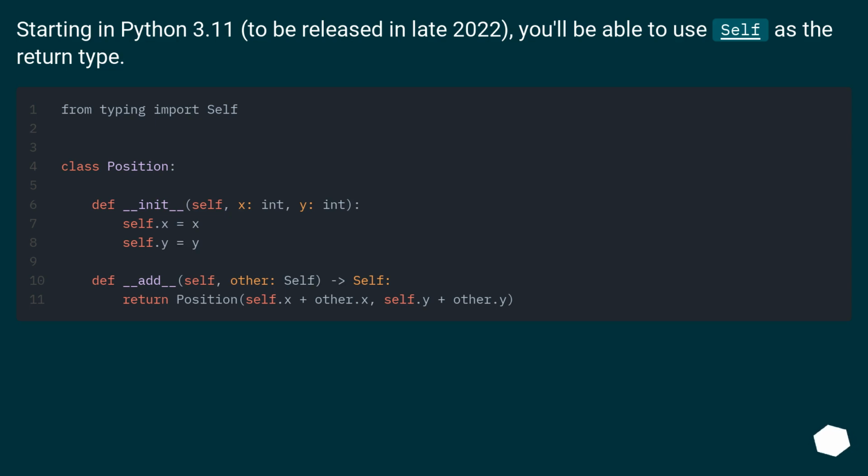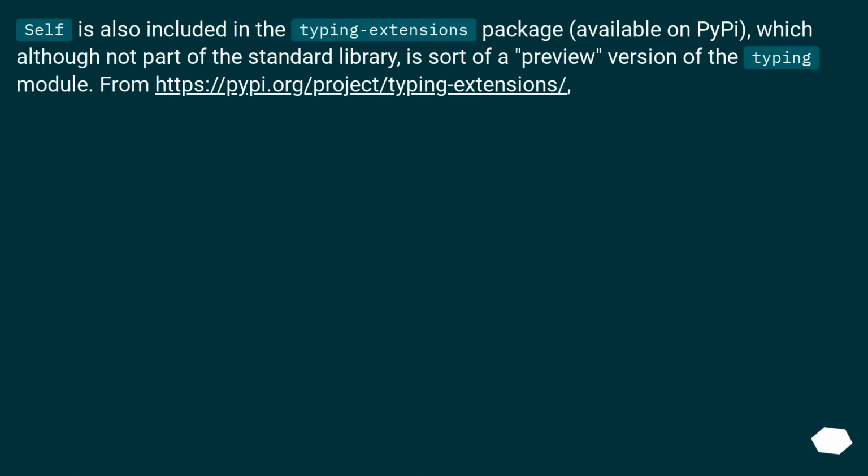Starting in Python 3.11, to be released in late 2022, you'll be able to use Self as the return type. Self is also included in the typing_extensions package, available on PyPI, which, although not part of the standard library, is sort of a preview version of the typing module. From this URL: